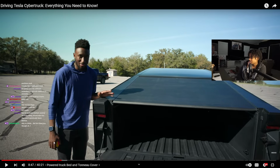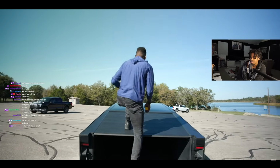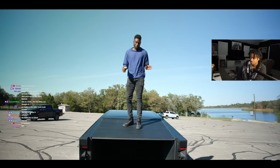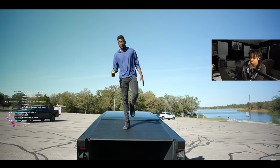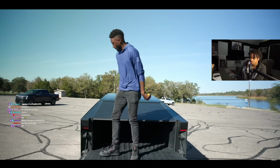What if you crash? I mean, look. They told me I could do it, so here we are. I'm not gonna jump, but I'm told 300 pounds of force from somebody standing on one foot. So I think if I jumped, I could probably break the thing. But the fact that I'm standing on it, it's not breaking. That's pretty good, and it's a motorized tonneau cover, which means...